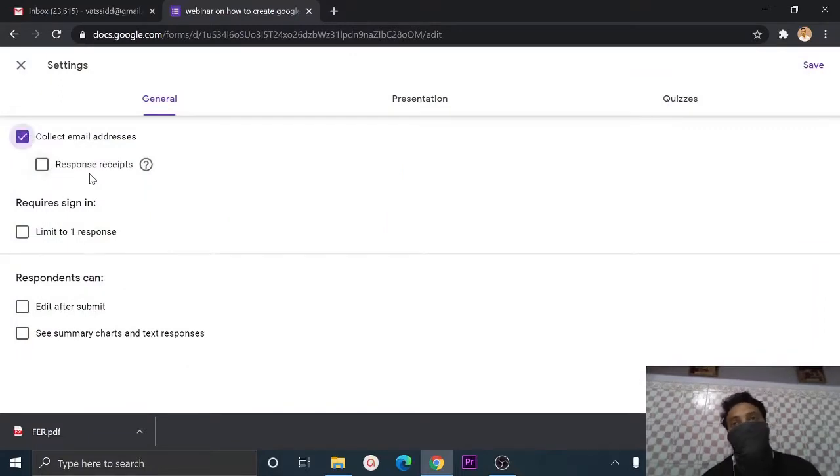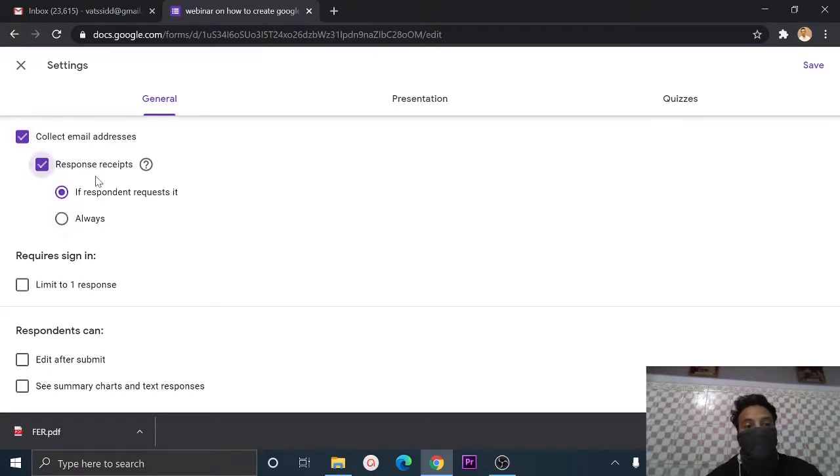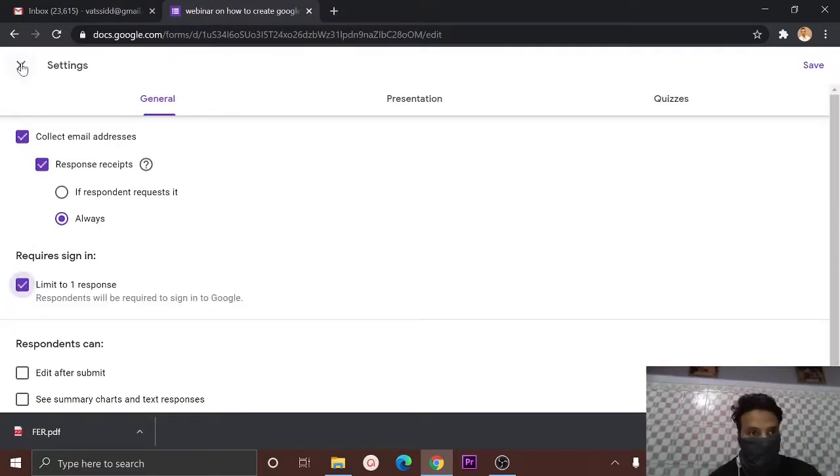And if we want the person who is submitting the feedback or providing their details to receive the same details they are submitting in my Google Form, then I will do this, so that the recipient gets the information of what they are filling in the Google Form. And we also want that one particular individual can only register once, so I'll limit it to one response.